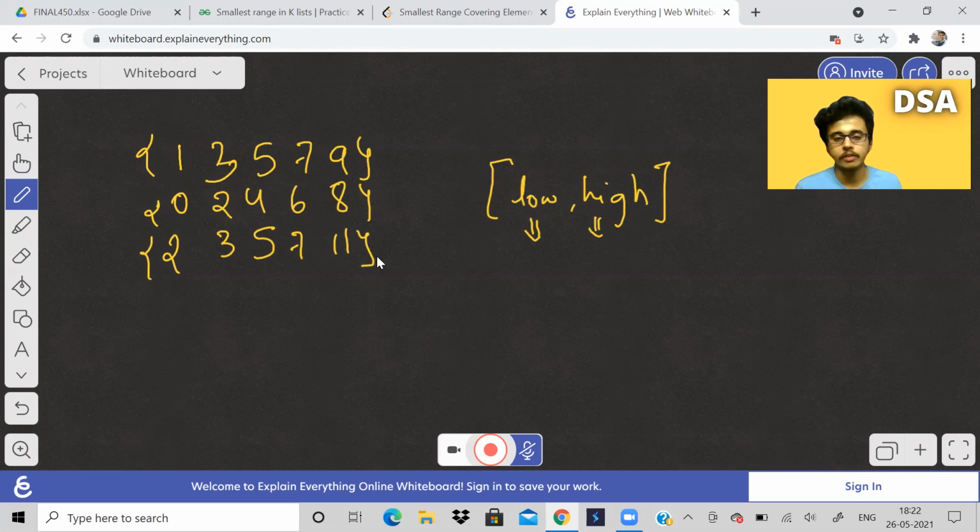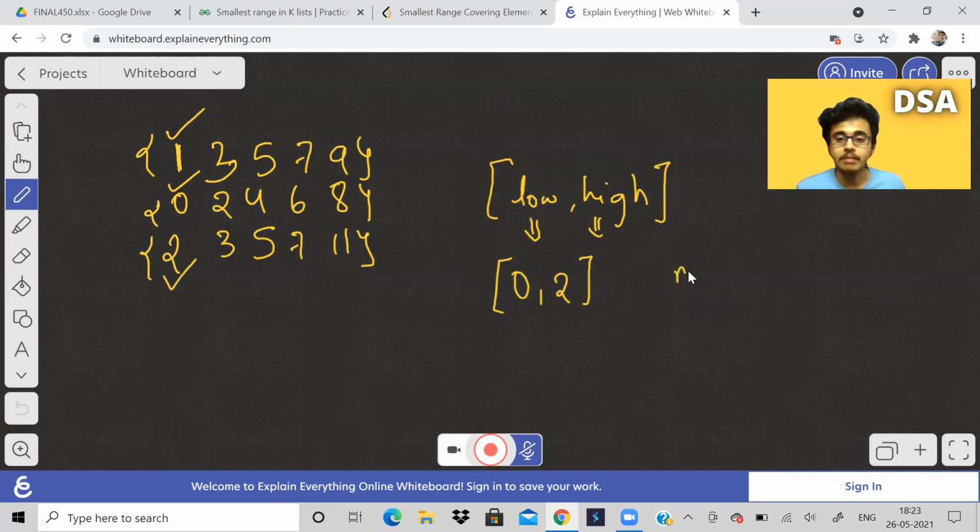If you observe over here, for example, if I take the range to be 0, 2, then you can see that in all these k lists, there is at least one element which lies in this range. For example, the number 1 lies in the range 0, 2. 0 also lies because it is an inclusive range. 2 also lies.